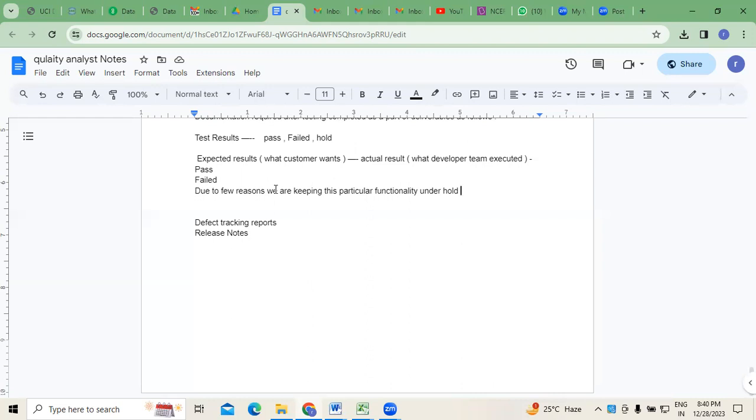That is the reason why, when it comes to the test results, there could be some results which are pass, where expected and actual results are the same, and some which are failed. Failed means the expected result we identified is not the same as what the customer is expecting. And the third one is hold. Hold means you are keeping it on hold for some time, as we require some